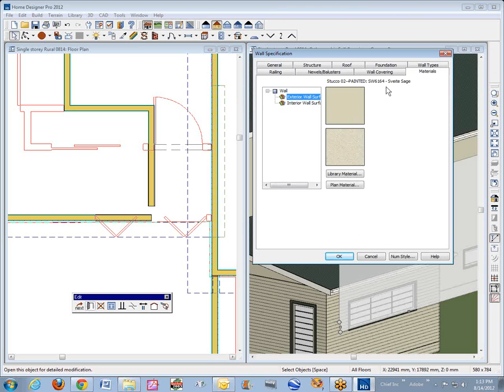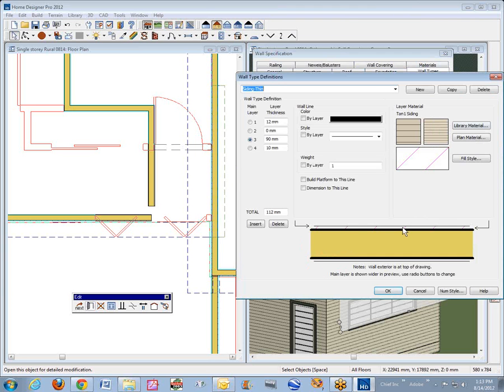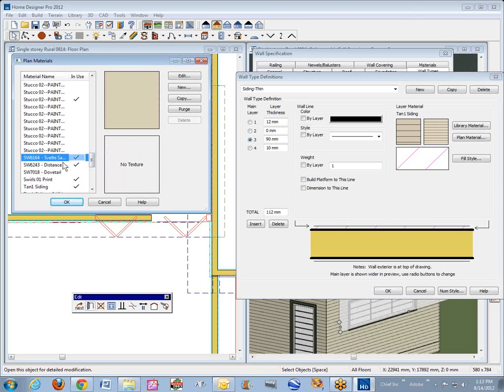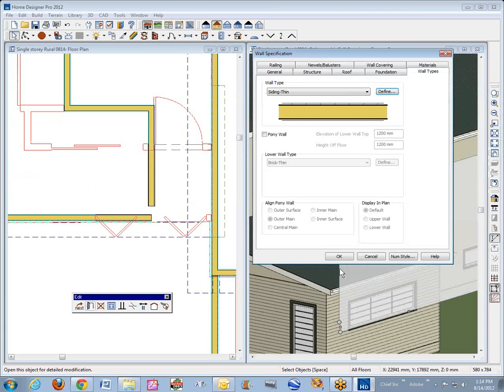The smarter thing to do, if you want this material on the outside, let me show you how to do that. I'm just going to go back to wall types, siding thin, define, click here, and take off this default material, which is probably an out-of-the-box adjudication. We'll go to plan materials and find that material that's been showing up. See, I clicked on the plan material, and it was that, I think, wasn't it? Okay. Now I'm going to set that as the default material for this siding. So when I click OK,